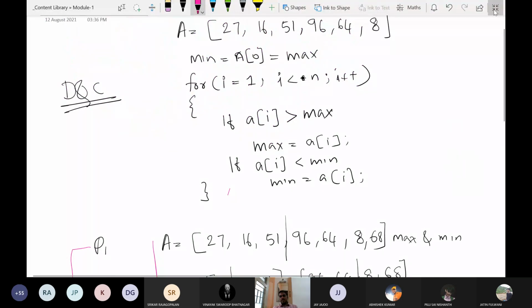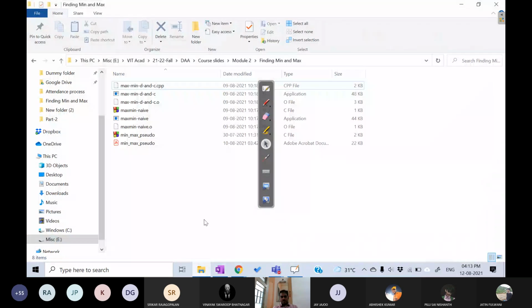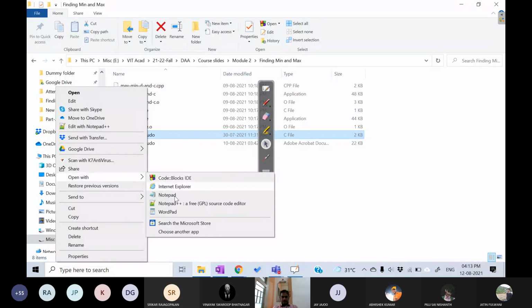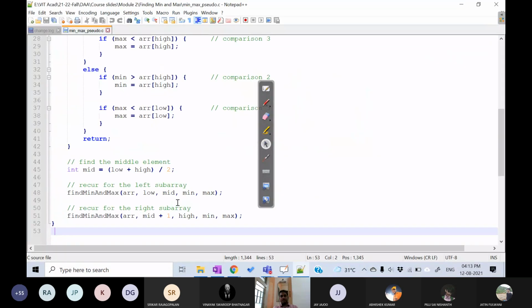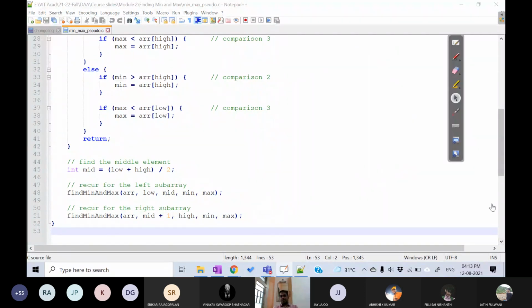So this is going to be your first question, and maybe I'll show you the pseudocode also. Pseudocode is not required actually, but since it is the first experiment, I'll show the pseudocode. Hereafter, I'll not show it. I'll just give you the algorithm. It's your responsibility to write the code, because it's not a coding class. This is not a C class or a Python class. This is just an algorithm class. So I'll tell you the algorithm.